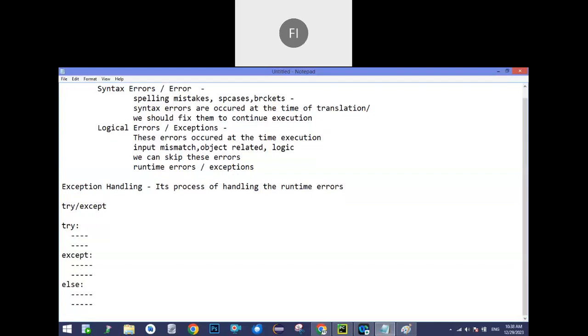You can write this also. And after that, we have finally. So finally, yeah. But it's a very important topic.